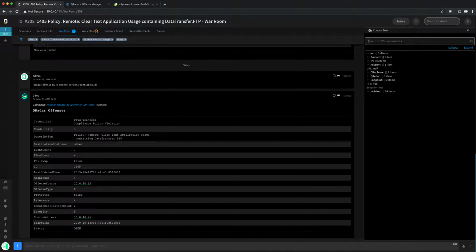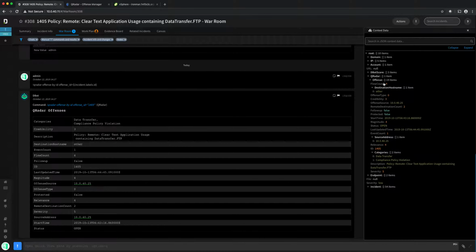And now if we go back here, we can see it made a new little QRadar section with the offense details, similar to what we just saw in the incident screen with the labels. Just kind of duplicated again because we manually ran it. And now with things like this, like we have the IP here,